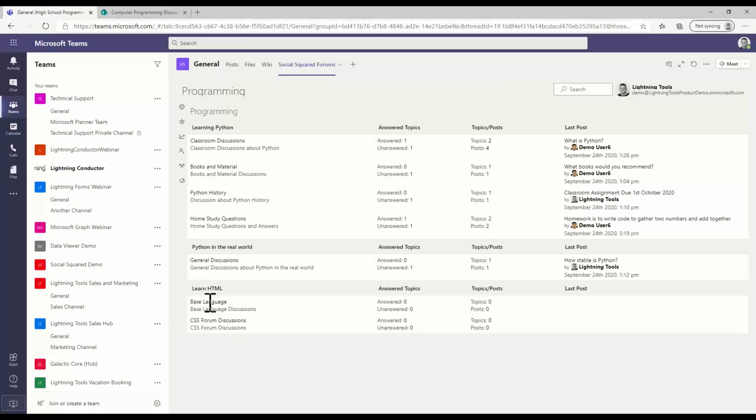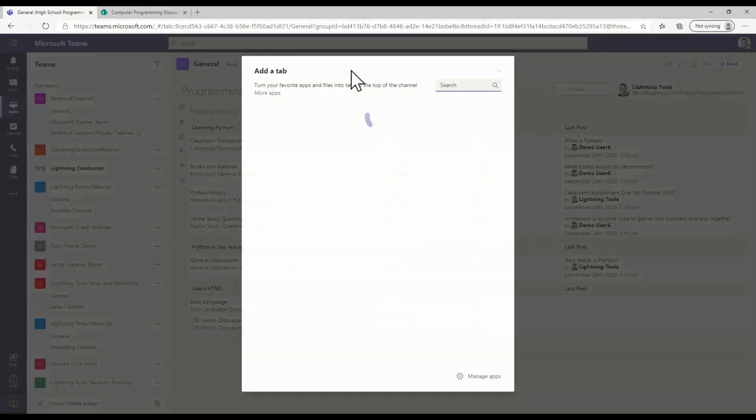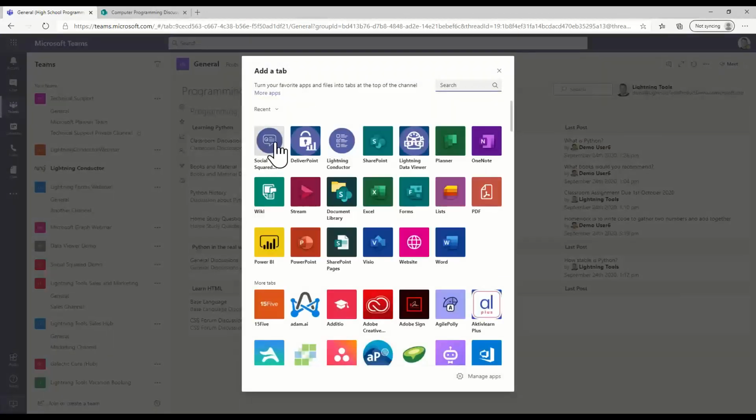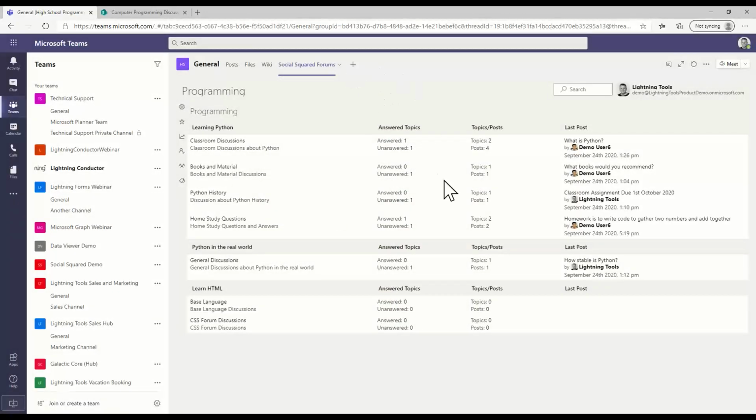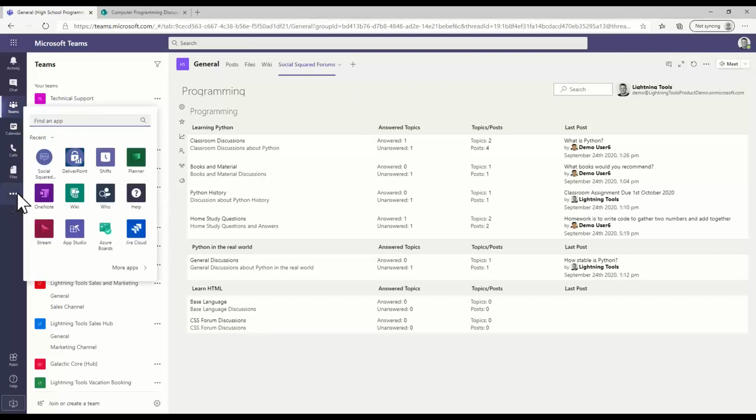So in here, we of course can access all of the same content. It's really straightforward to go through and add Social Squared. So you can add Social Squared as a tab. You can select it here, and that will basically add it on as a tab inside your team. You can also access it over on the left-hand side here as a personal app as well. So just like the brand new Power App that you may have seen coming in here, allowing you to build apps using Power Apps inside of Teams,